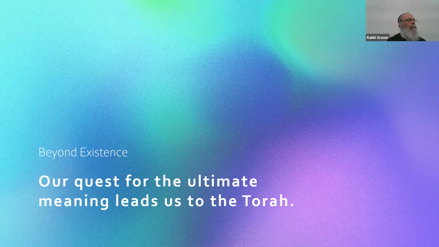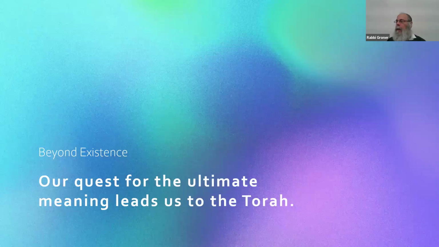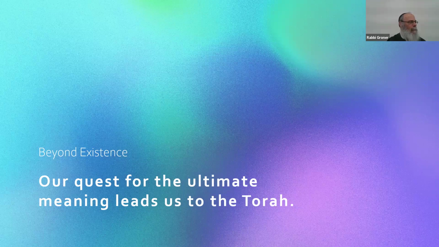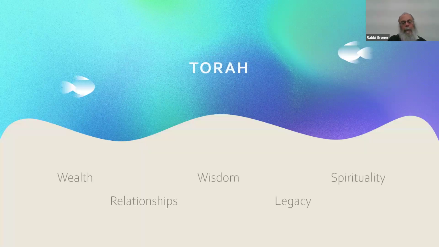The fish will not say, okay, land is an option for me where I can find the light. Fish has no other option. Its creation was that the oxygen source is only in the water. Similarly, even though Torah brings wealth, relationships, wisdom, legacy, and spirituality, that's not what it's about. What it's about is trying to find our purpose. And we haven't found our purpose yet. For that, you'll have to come to the next class when we start with the Kabbalistic terms.